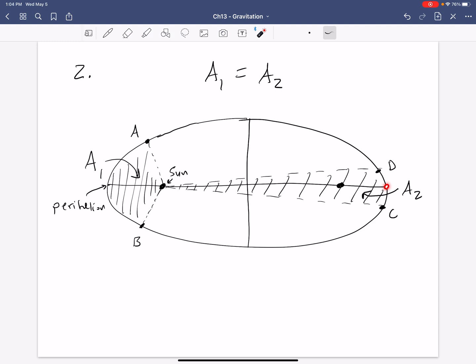This point over here is the furthest from the sun an object will ever be. So that position is called aphelion. Right there. And so out here, the force of gravity is the weakest. And so it'll be changing speeds the least amount and thus traveling the slowest. But equal areas in equal times mean these are the same.